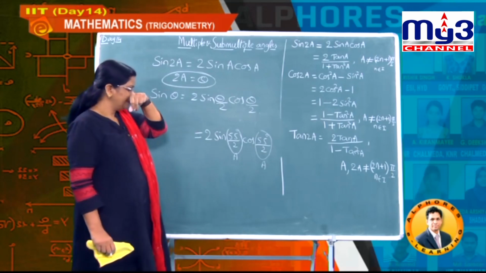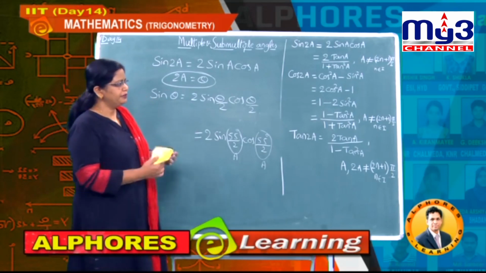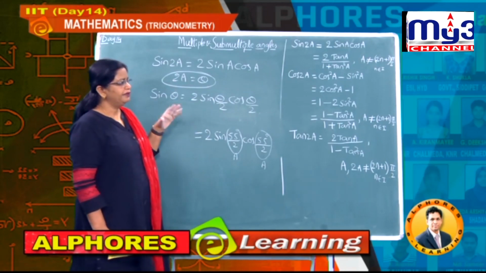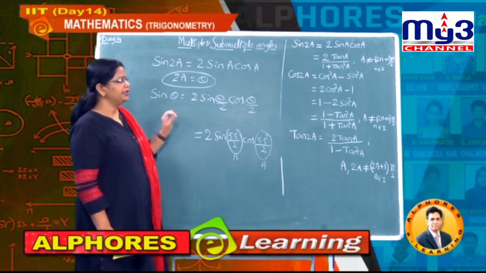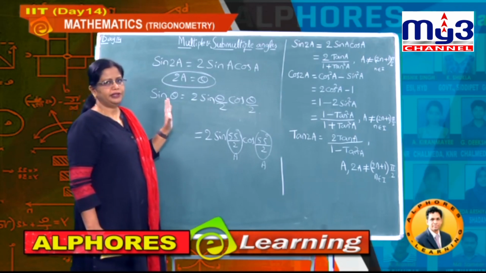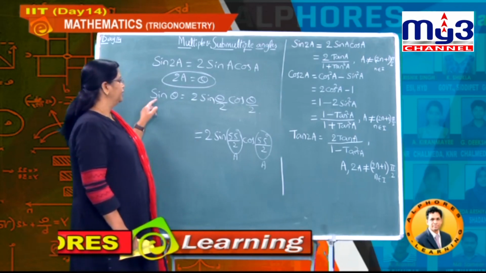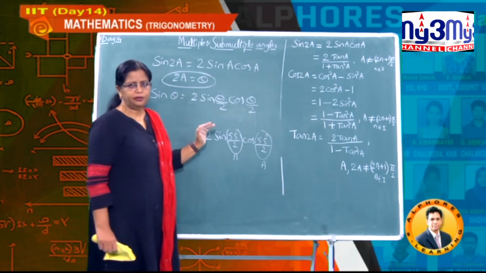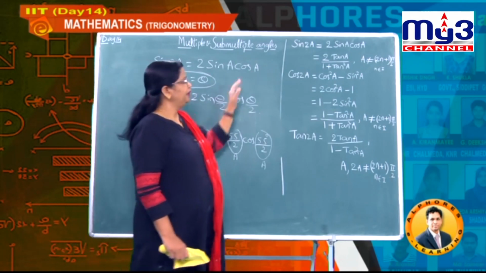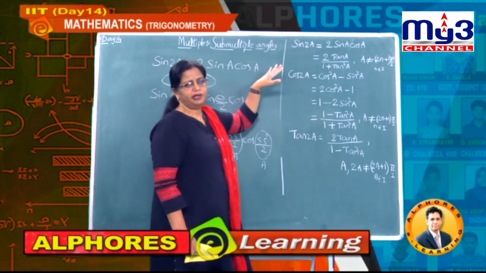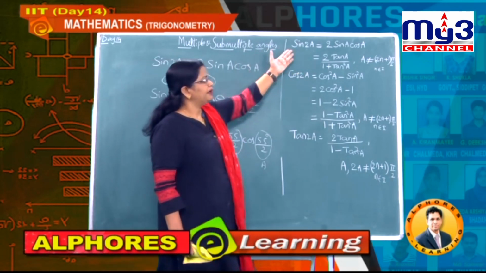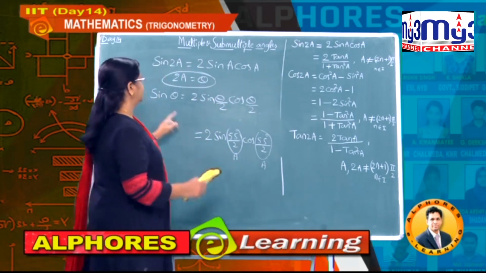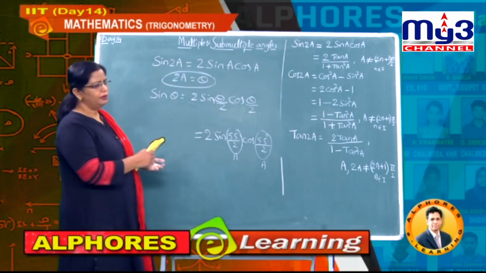Don't worry, here so many formulae are there. If you give a little bit of attention to these formulae, you will find it very easy. Understand? The only thing is you have to pay a bit of attention towards all these formulae. So sin theta is 2 sin theta by 2 cos theta by 2. Nothing new here, it is only from this formula. If you are unable to remember all this, just from this also you can deduce. So don't worry. Okay. So this is the submultiple formula.